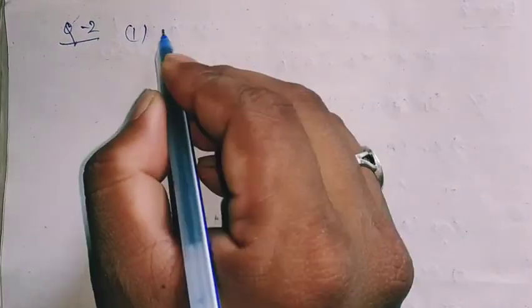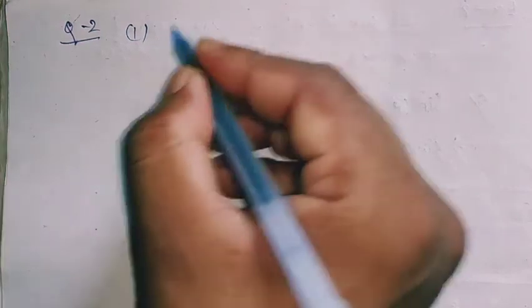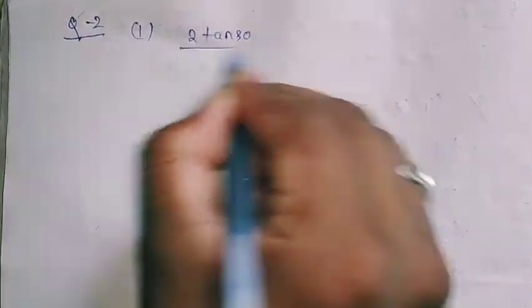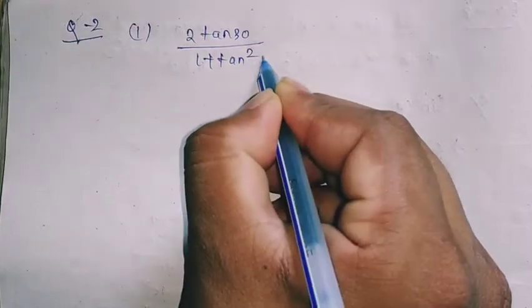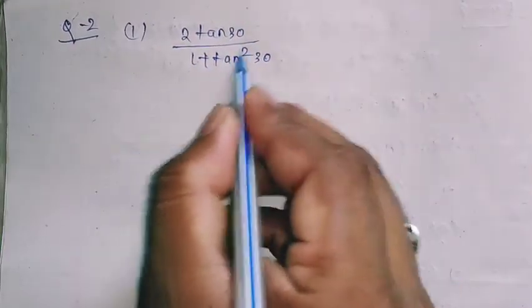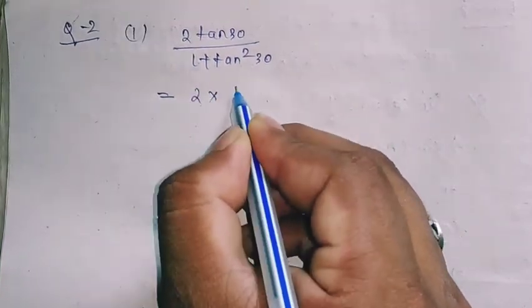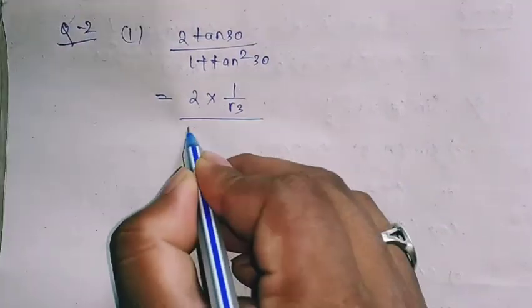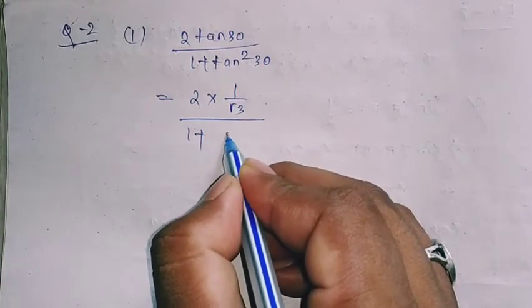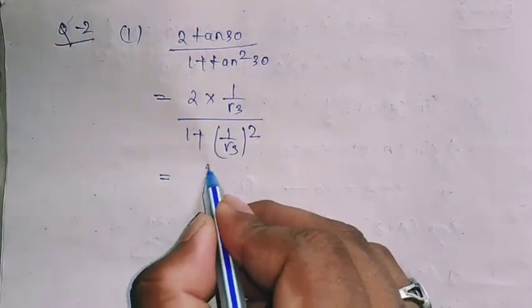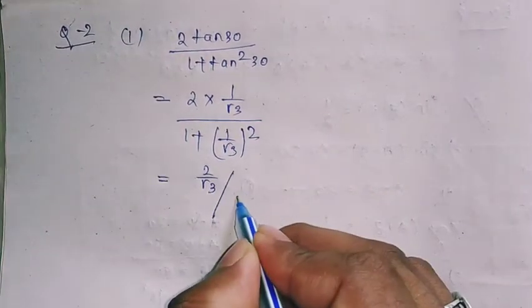If the option matches, then we will write the answer. So let us do question number 2 of equation 1: 2 tan 30 divided by 1 plus tan square 30. We know that tan 30 is equal to 1 by root 3. So putting the values, 2 into 1 by root 3 divided by 1 plus 1 by root 3 the whole square,